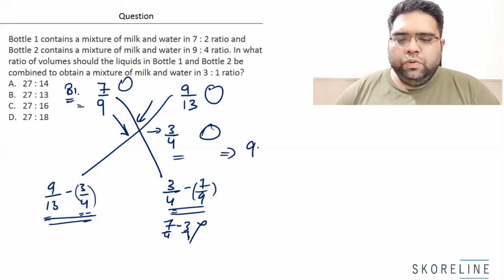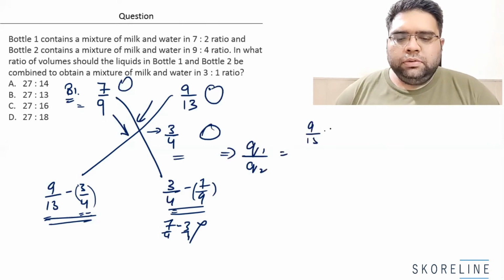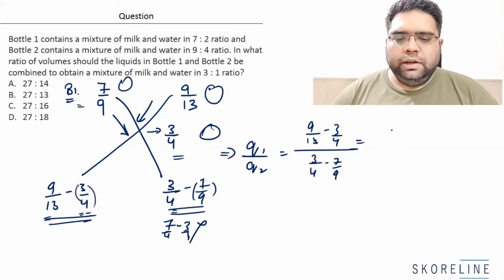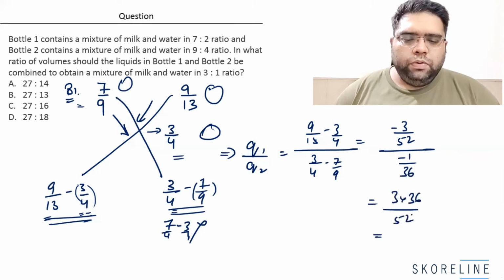Now Q1 by Q2 would be 9/13 minus 3/4 upon 3/4 minus 7/9. So what we'll get here, we'll get minus 3 by 52, right? 36 minus 39 is minus 3 upon 13 into 4, 52. Here you will get 27 minus 28, minus 1 by 36. So you will get 3 into 36 by 52, and if you divide it by 4, you will get